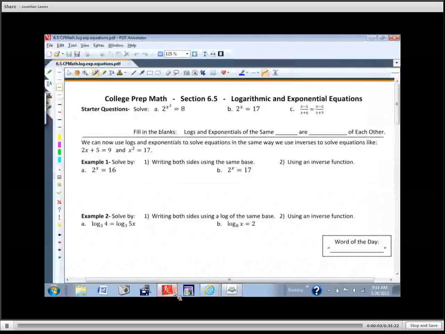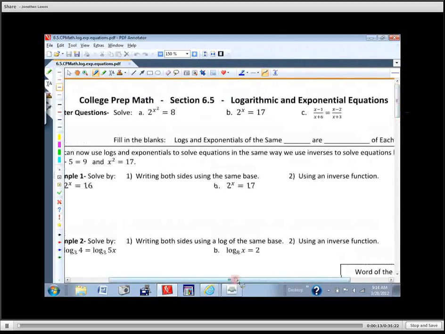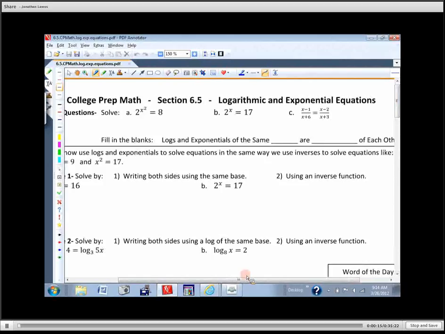Okay, we'll take a look. What do we call this type of equation? It is ugly. I'll take that. The variable's in the exponent, so we call it an exponential equation. Now, the easiest way to solve an exponential equation, if you can do it this way, is to write both sides